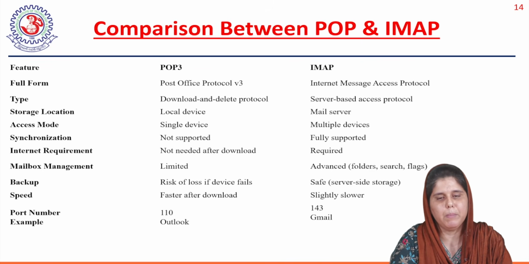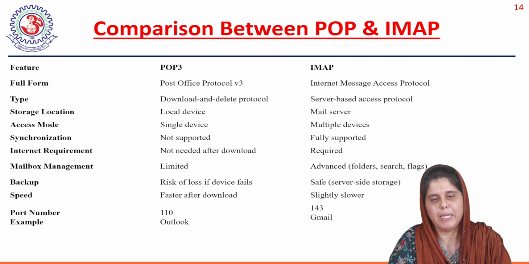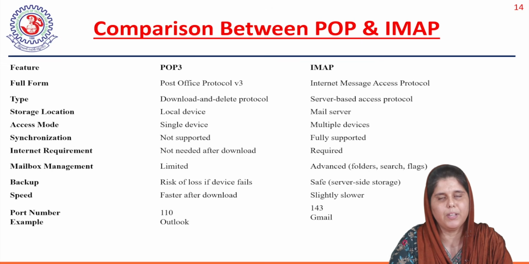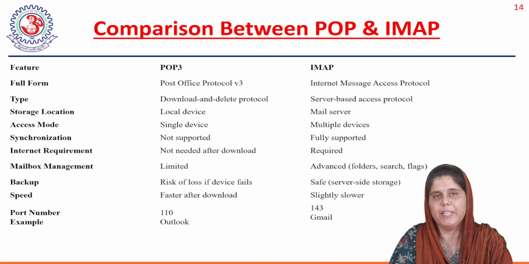Here IMAP means it is a server-based access protocol, because we are going to access mails from the server. And the storage location for POP is the local device, obviously, since we are downloading the mails. And for IMAP, it is the mail server, because we are directly connecting to the server. And for access mode, we can connect only a single device with POP, and in IMAP we can